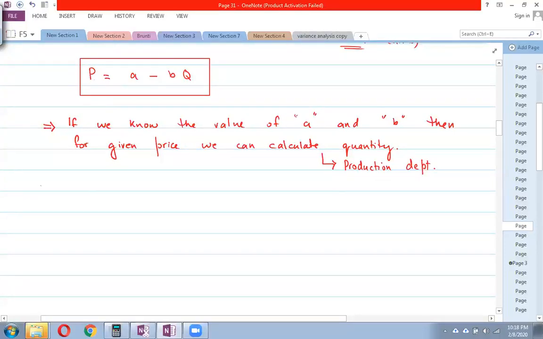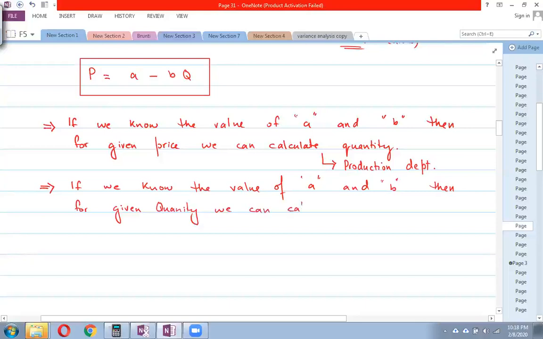right? So again, if we know the value of A and B, then for a given quantity, we can calculate a suitable selling price, right? And this will be relevant to the sales department,